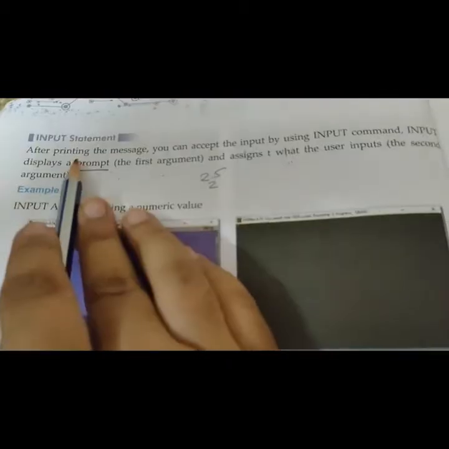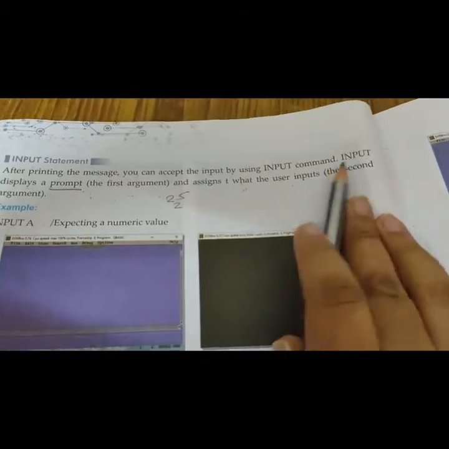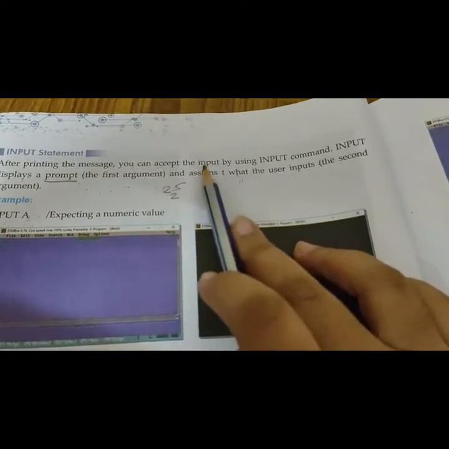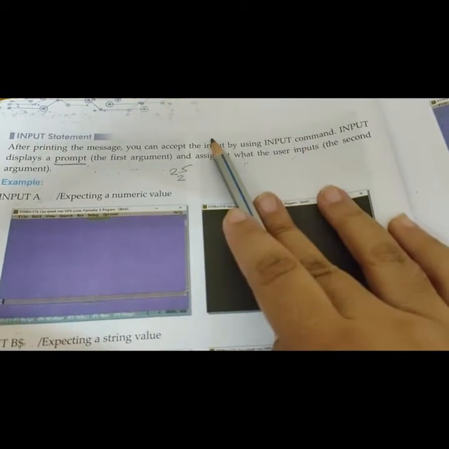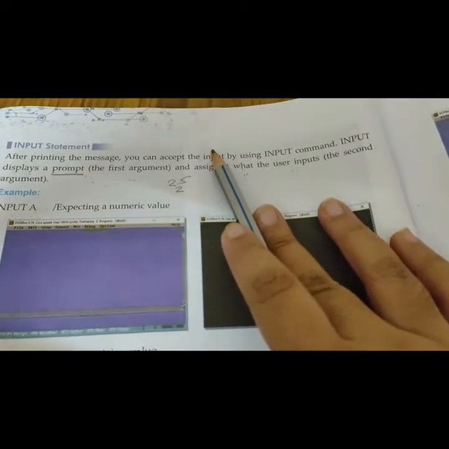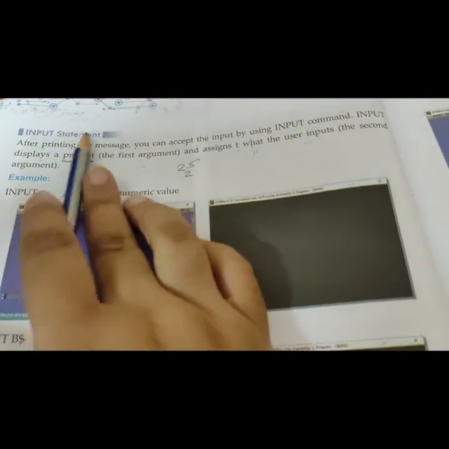Input statement. After printing the message, you can accept the input by using the input command. If you want to give a value at run time, means if you want to enter your value at the output screen, then you can use the input statement with a message.